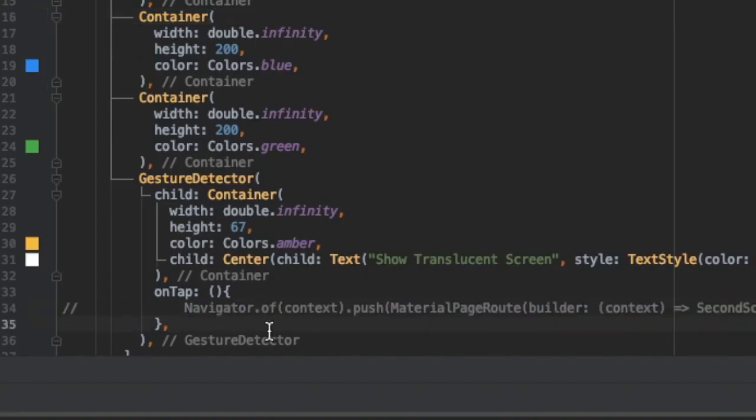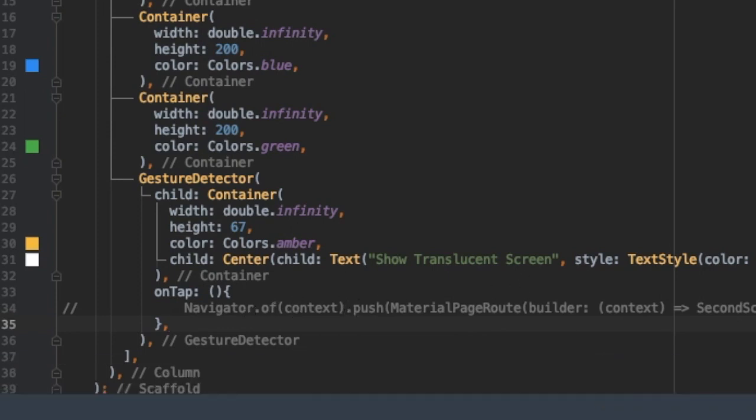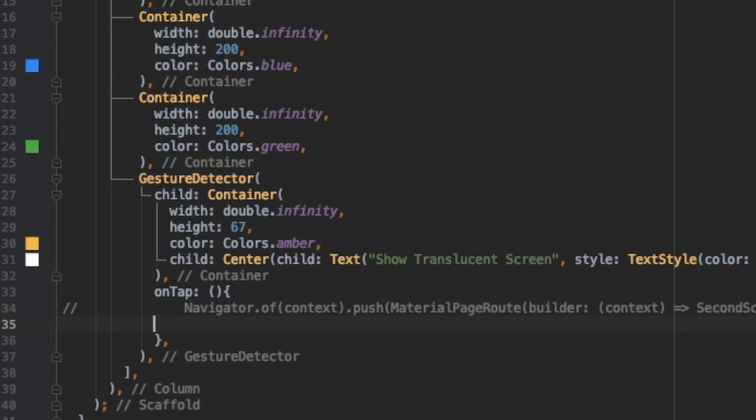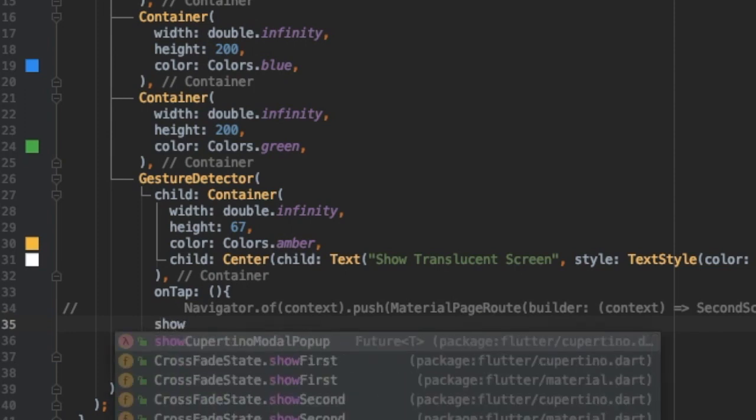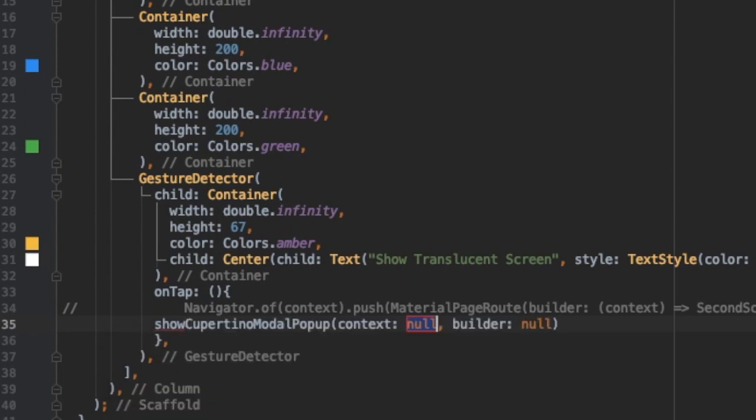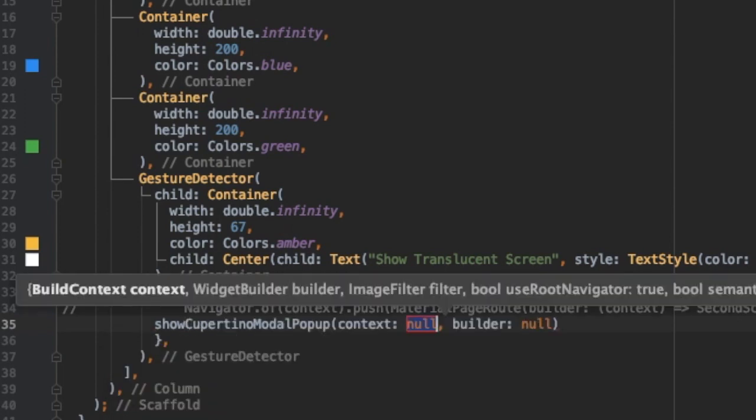Instead of using Navigator.of(context).push with MaterialPageRoute, I used showCupertinoModalPopup. Okay, so here is the trick.